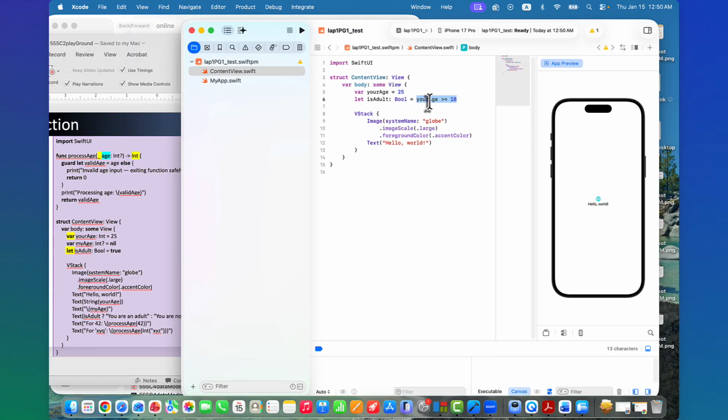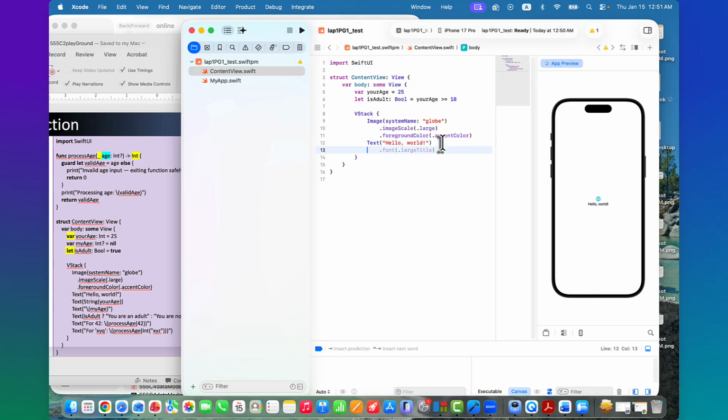Depending upon your age, if it is greater than 18, then is adult is true. If I change your age a little bit later, if we reduce that, then is adult will become false, right?